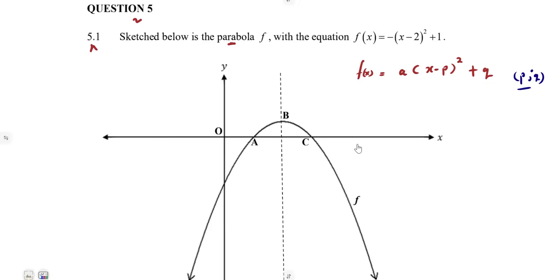So we are given the sketch, where we have got the point A and the point C as the x-intercepts, the ones that lie on the x-axis, where we do understand y is equal to 0. And there is also the line of symmetry, which is being given, which is passing through the